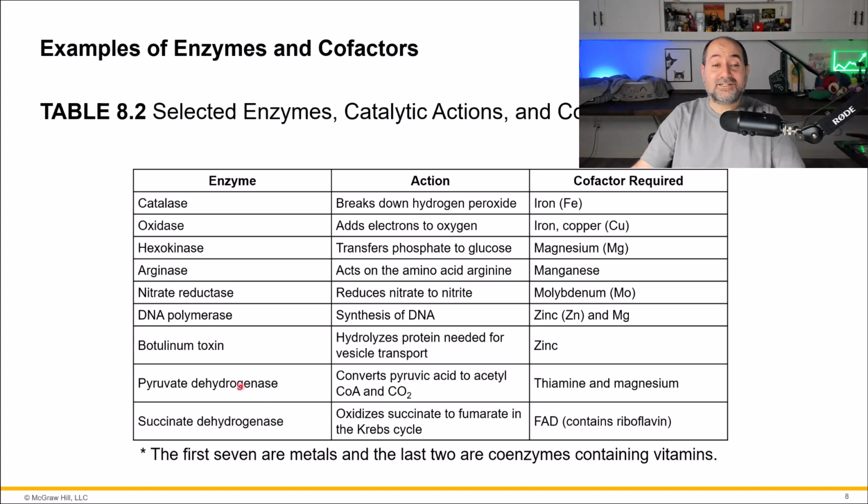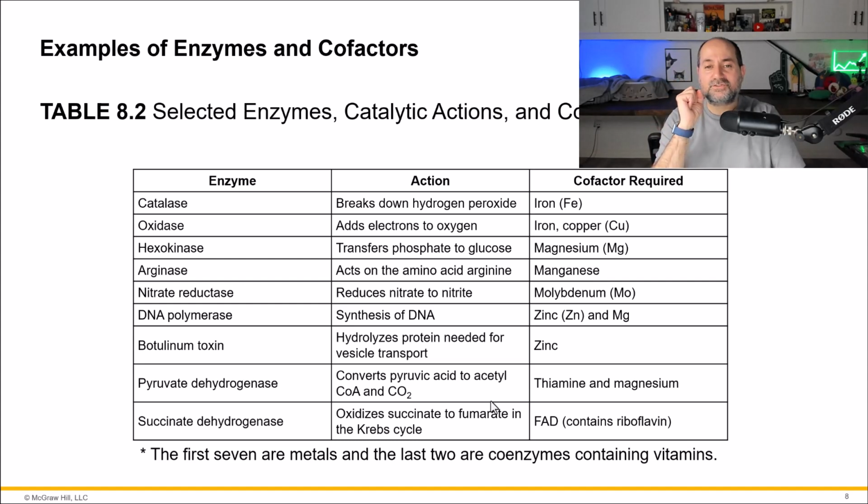And then yet another one, pyruvate dehydrogenase, requires both an organic cofactor, thiamine, and an inorganic cofactor, magnesium. Isn't that neat? So again, these vitamins and minerals are required as cofactors for apoenzymes to form the holoenzyme so